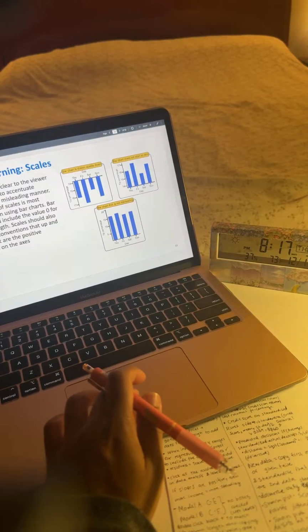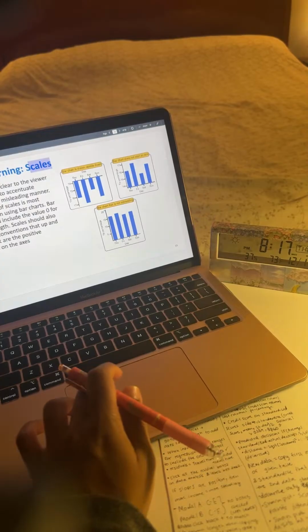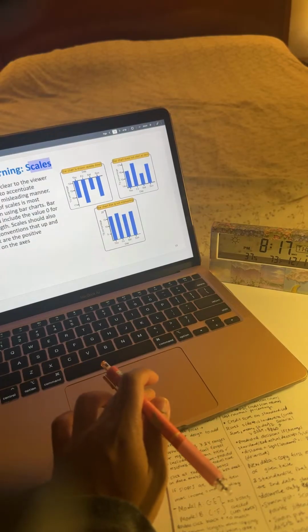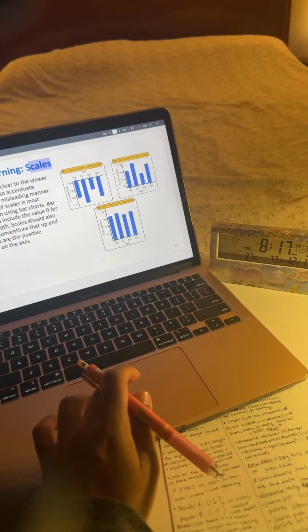Word of warning, scales. Scales should be clear to the viewer and not altered to accentuate differences in a